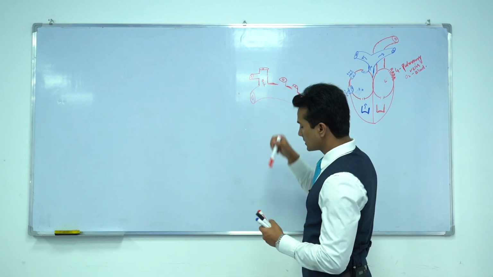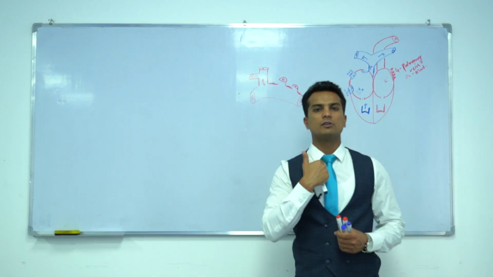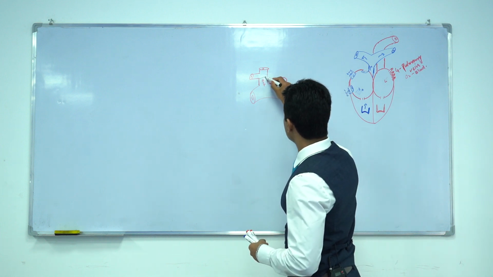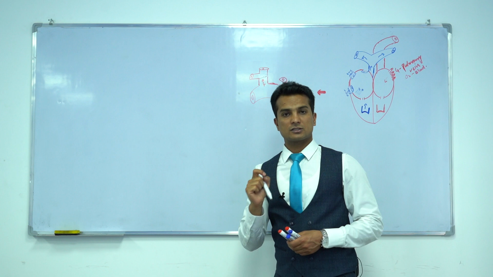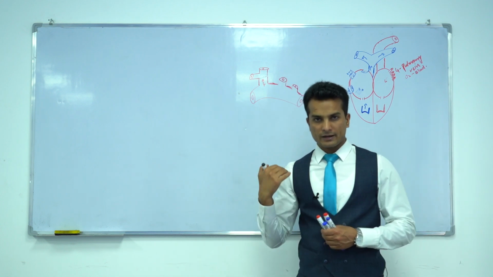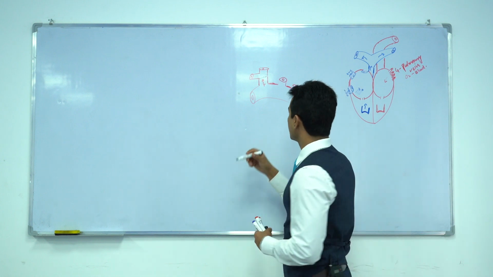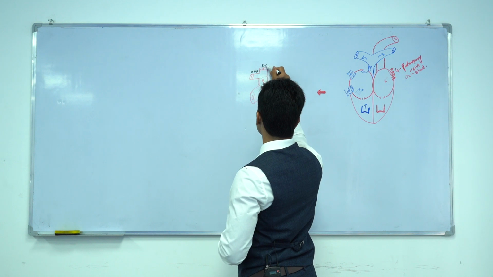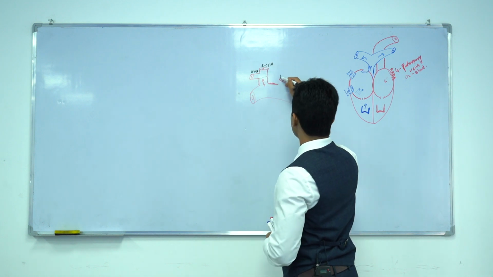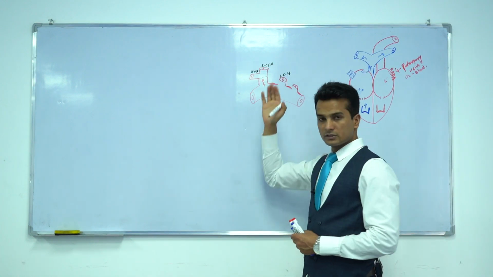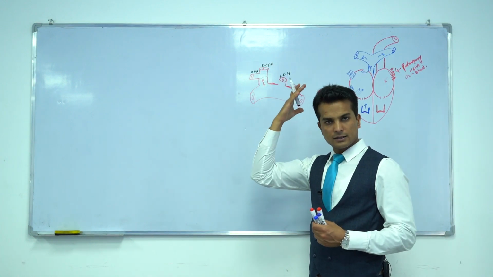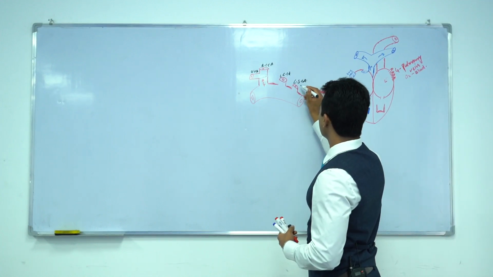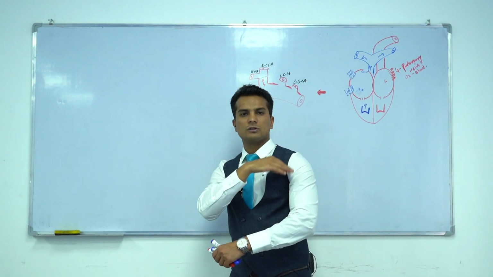So this brachiocephalic trunk divides behind the sternoclavicular joint. This is a very important MCQ. Remember please that the BCT, brachiocephalic trunk, divides behind the sternoclavicular joint into the right subclavian artery and the right common carotid artery. This is the right subclavian artery. This is the right common carotid artery. This is the left common carotid artery, which ascends and supplies your head and neck and then your brain. And this is the left subclavian artery, which supplies your left upper limb.